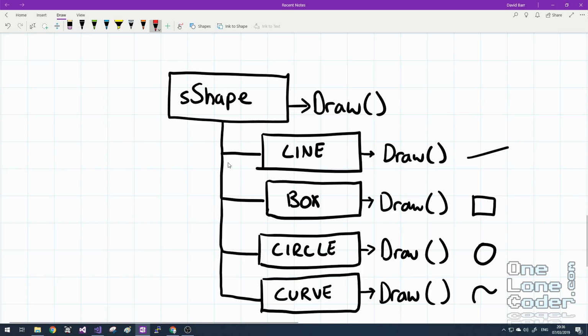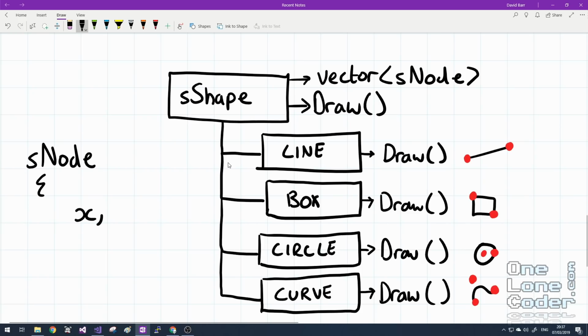The shapes are fundamentally defined by nodes, points in 2D space. And the curve is the oddball one here, as it's defined by 3 points in space. So all of my shapes are also going to have a common vector of type sNode, a simple structure. And our node will contain the X and Y position of its location in space, and a pointer to its parent. And this is so when we select a node later on, we can immediately get access to what shape